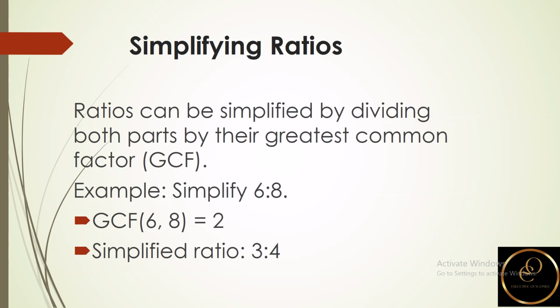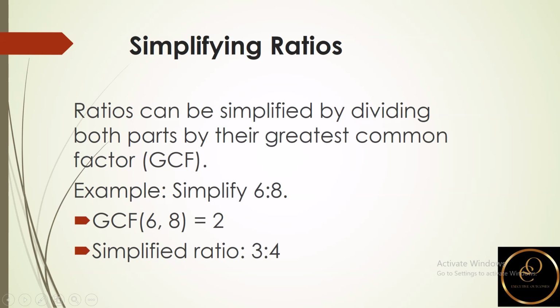Now, ratios normally are required to be simplified. So how do we simplify ratios? Ratios can be simplified by dividing both parts by their greatest common factor. And what do we call a factor in mathematics? A factor is a number multiplied by another number. That is a factor. So when you look at this example, 6:8,